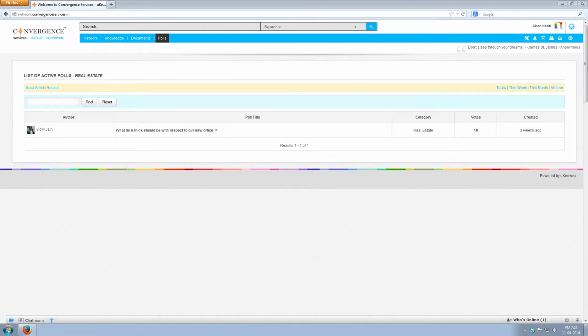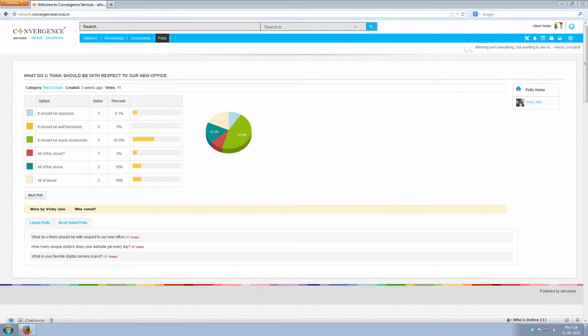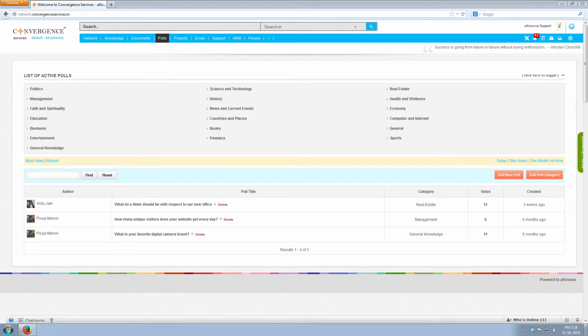Once you have voted on the poll, you will be able to view the results in a tabular format and a pie chart. The names of the voters, however, will not be displayed. In this way, complete anonymity is maintained. You may view the names of the users who voted on the poll, but their option selected will never be disclosed. Let's add a new poll to decide the venue of an off-site meeting.